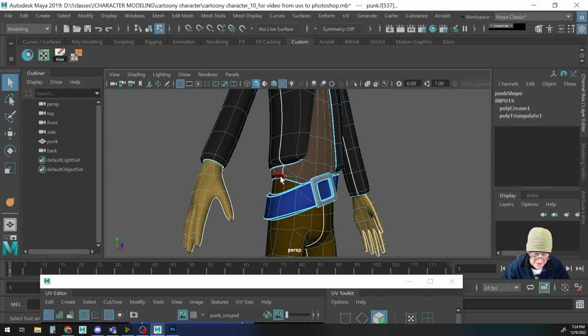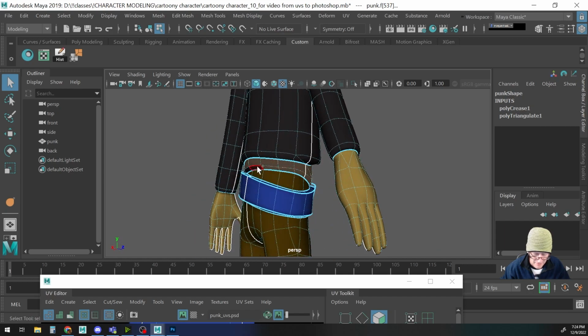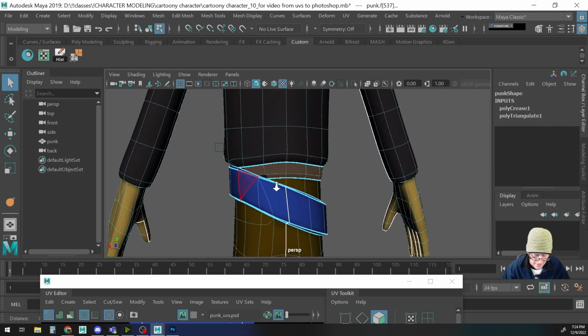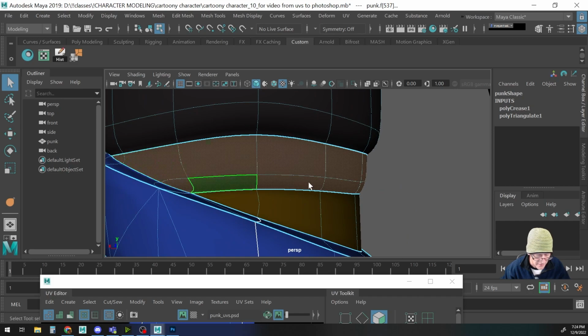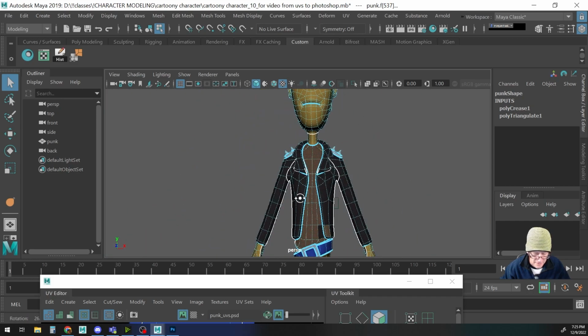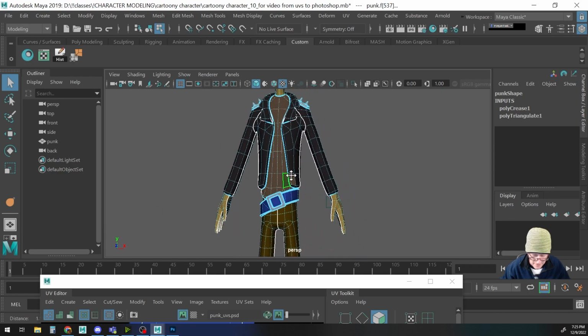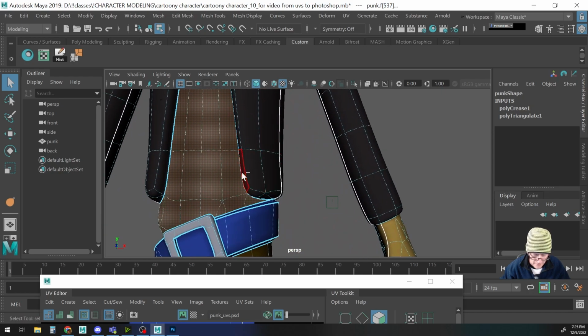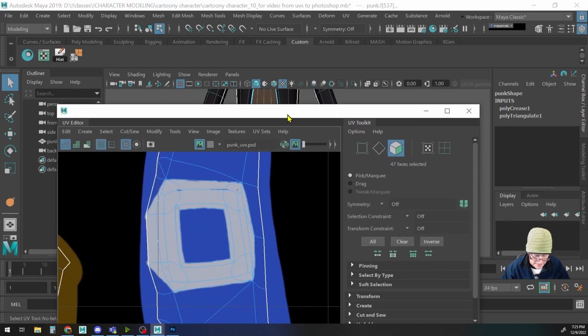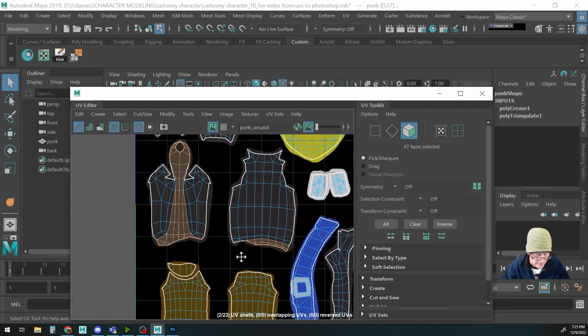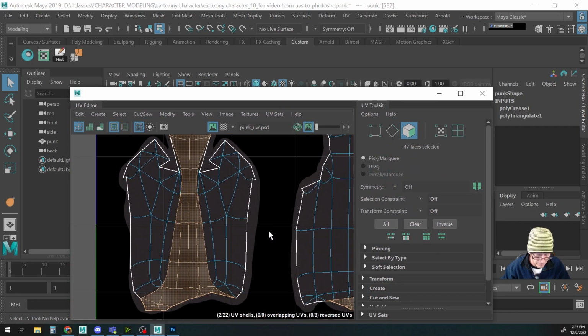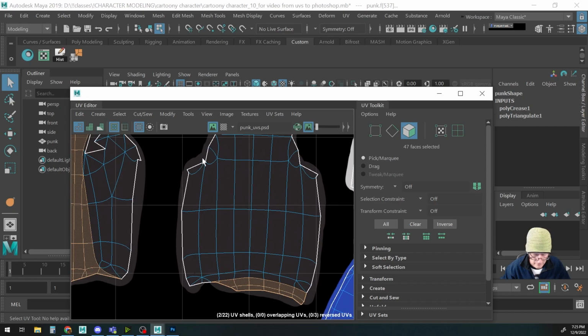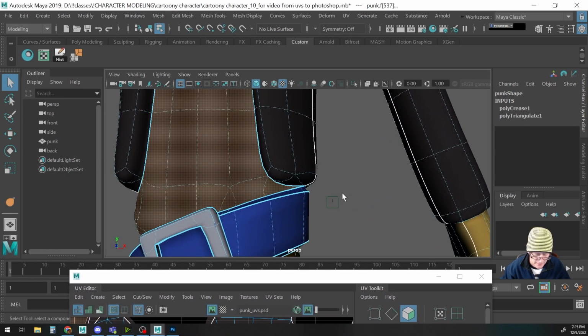And so I'm just doing this again so I can see all of the faces for the shirt. And that looks, oops, we have that. And then let's look at what it looks like here. I should probably